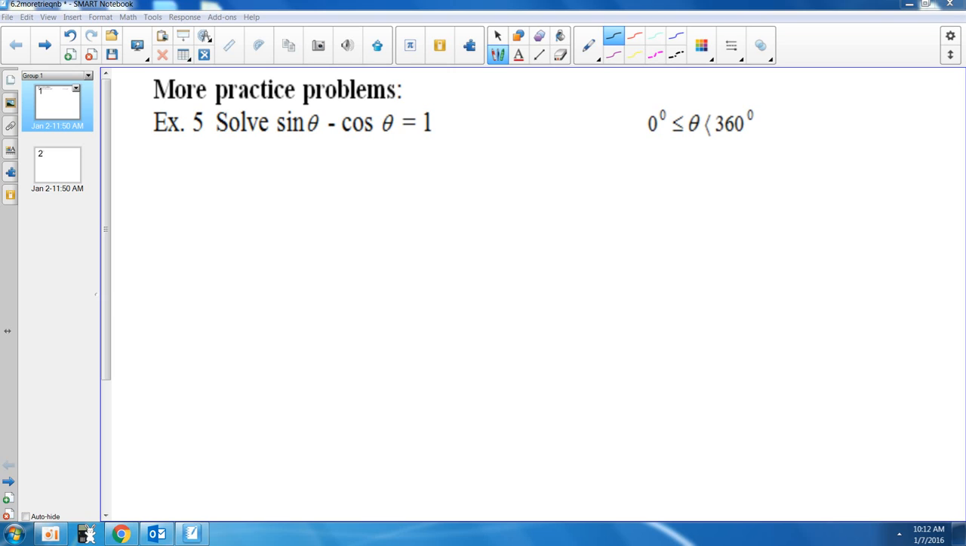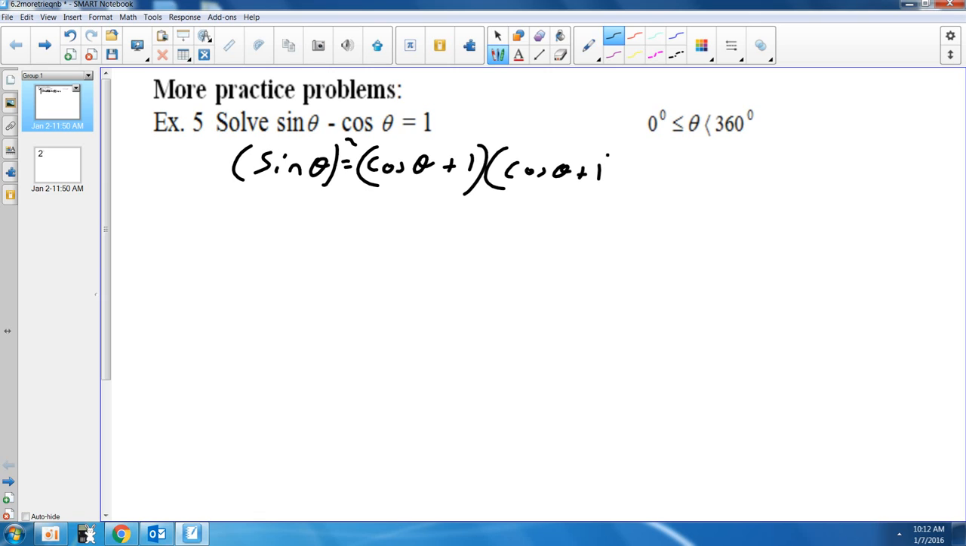So what I want to do first is to get the sines and cosines separated, and then I want to square both sides. When you square both sides, I want to go ahead and remember that it's cosine theta plus 1. When I square that right side, I want to make sure I FOIL. I have 4 multiplications through. So this becomes